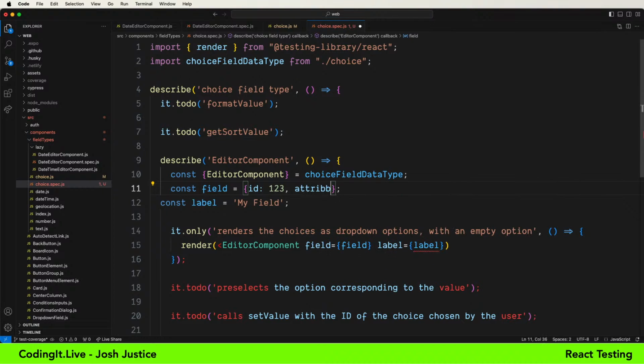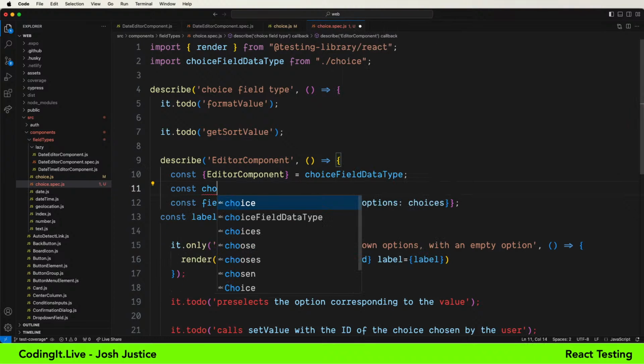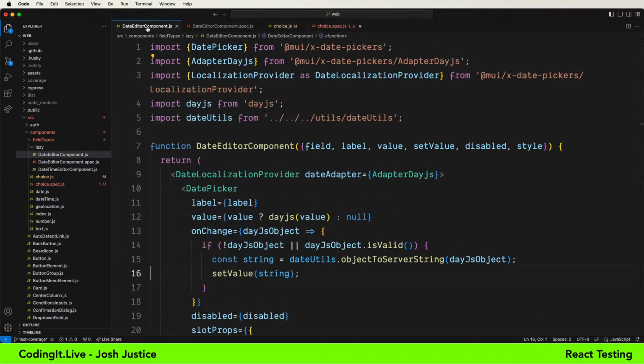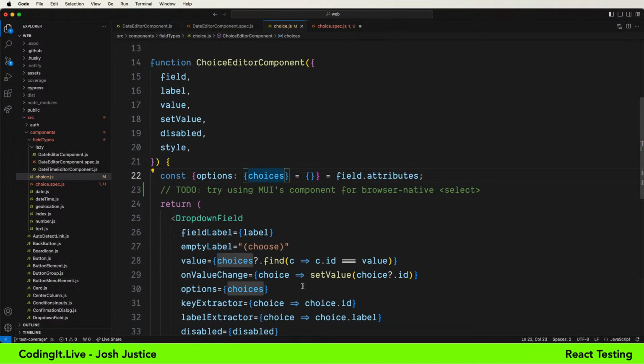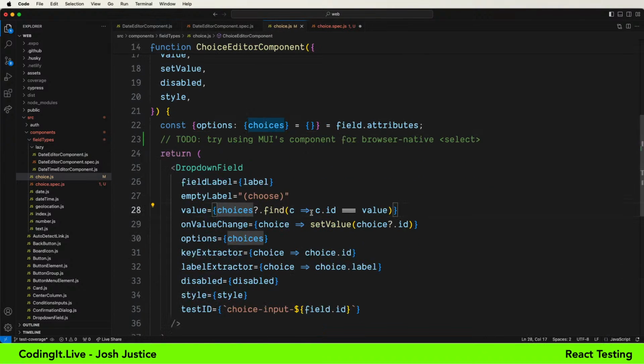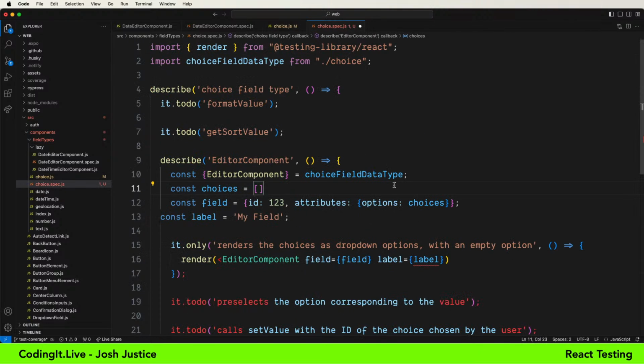Attributes, options, choices. And let's just define choices separately. Let's take a look here at what choices entail. So a choice has an ID, and a choice has a label. That's nice and straightforward. So we'll say ID. The field has an ID 1, 2, 3.